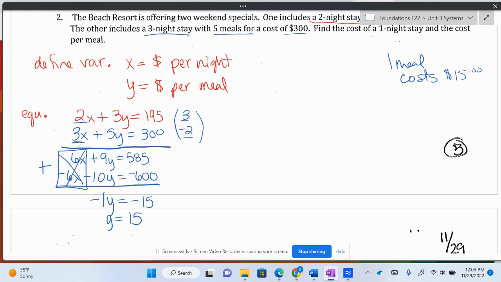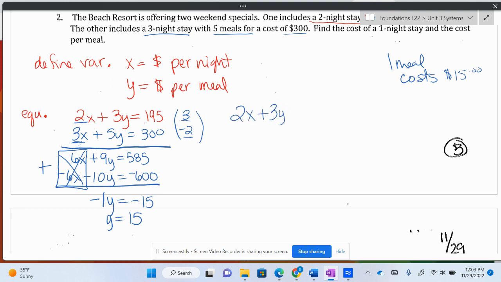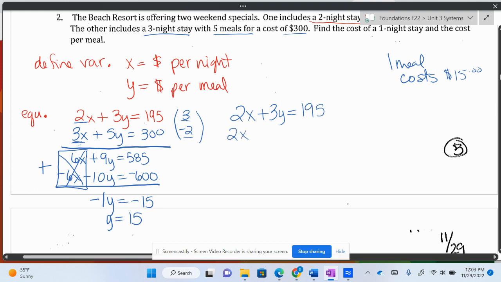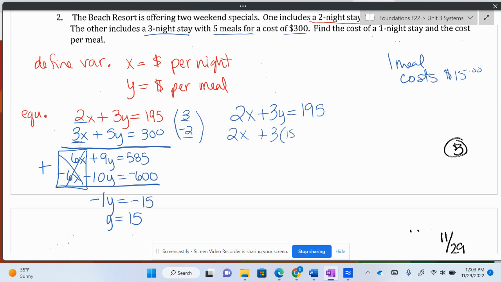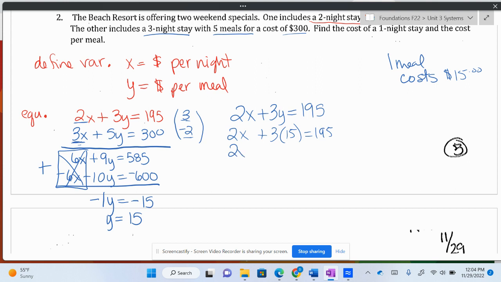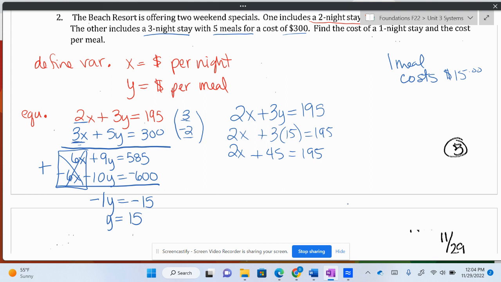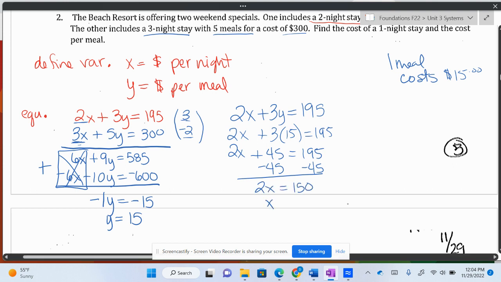Okay. So do you want to plug it into the first equation or the second equation? Yeah. So 2x plus 3y equals 195. Now I'm going to get rid of the y and replace it with the 15. So 2x plus 3 times 15 equals 195. 3 times 15 is 45, equals 195. I subtract 45 from both sides. And I find out that 2x equals 150, which means x equals